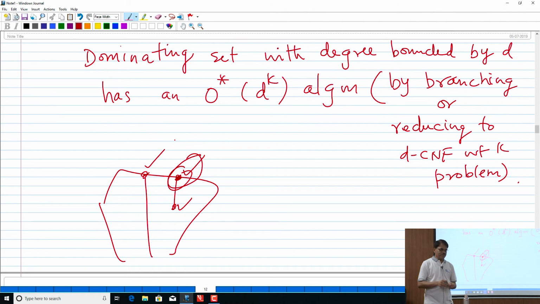See, these neighbors may be useful to dominate somebody else. You have denied that opportunity by deleting them, right? Because yes, they are dominated, but you can still use them. Maybe they have very high degree, so you may include them to dominate a whole lot of vertices, but by deleting them, you lost that opportunity, right? So let's say, for example,